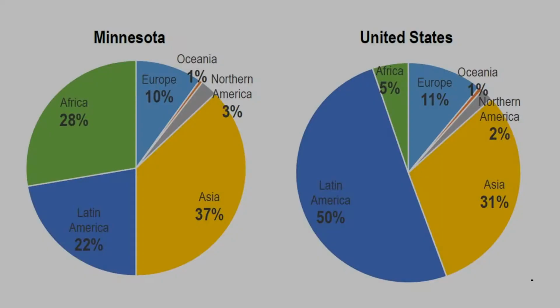Minnesota's immigrant population is quite a bit different from the U.S. population. Half of the U.S. population of immigrants actually come from Latin America, whereas in Minnesota only 22% come from Latin America. The majority of our immigrants in Minnesota are actually from Asia. I'm sorry, in Faribault, we may not